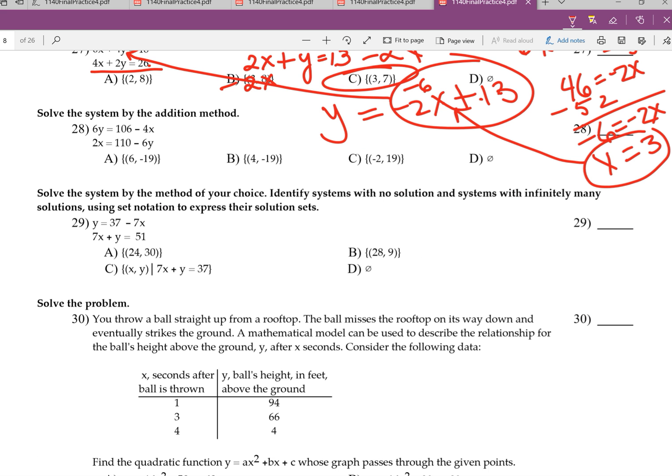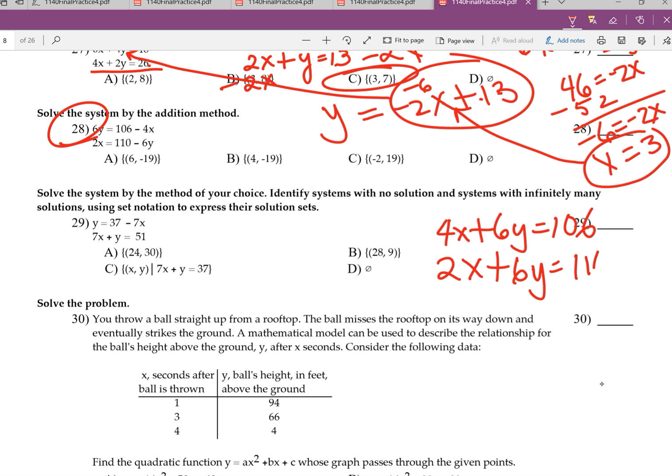The next one, solve the system by addition. All you have to do is rearrange this question. You can come see me for this. I really don't think you have an issue with this, but just rearrange it so that you have 4x plus 6y equals 106. And here you have 2x plus 6y